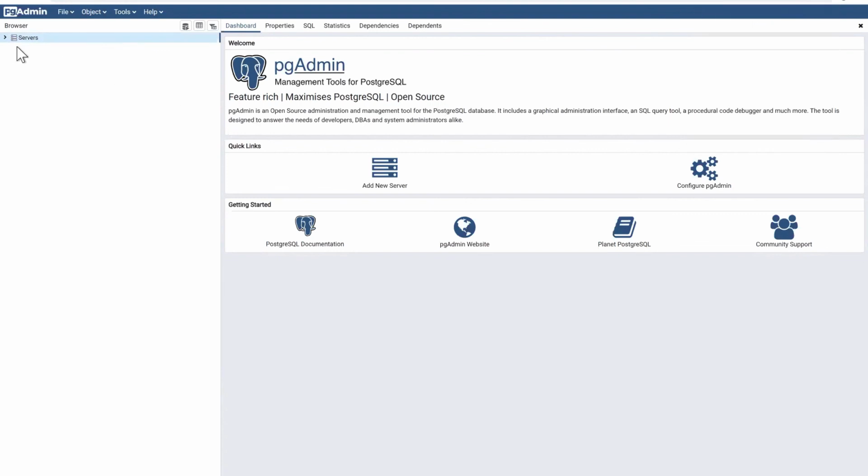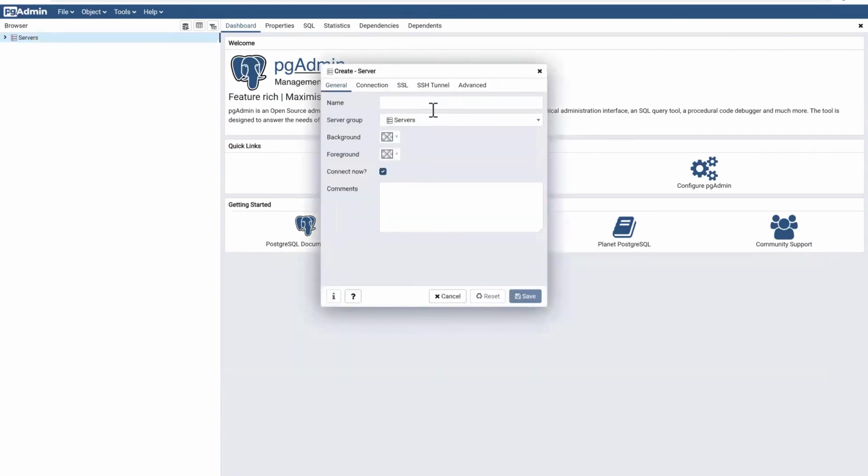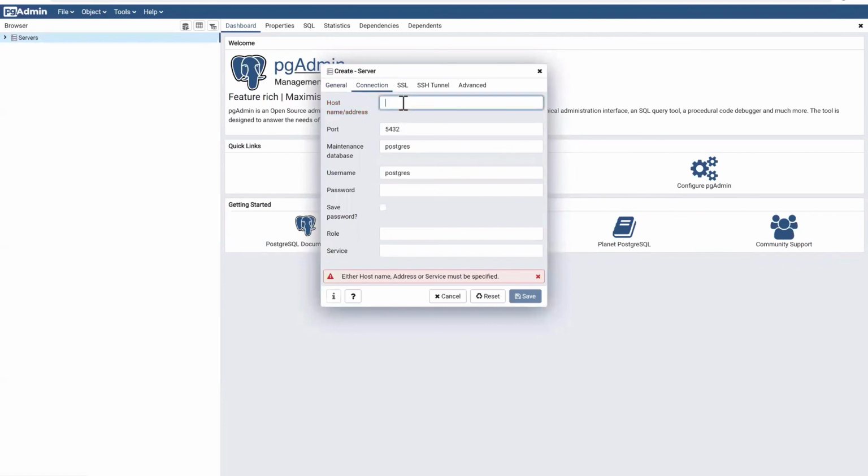Click on Servers, right click and create a server. Here you need to mention a name, pg session docker. We'll put it like this, and then go to the connection. The host is localhost, because we mapped the container's 5432 port to the host operating system.